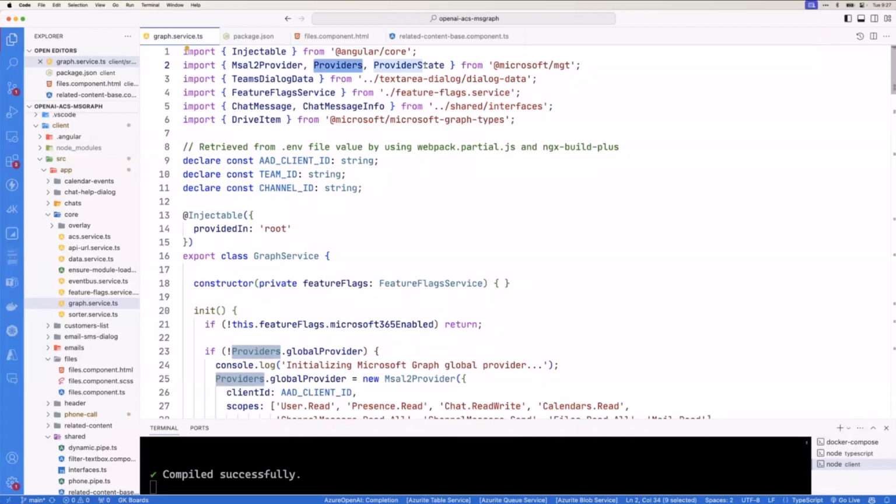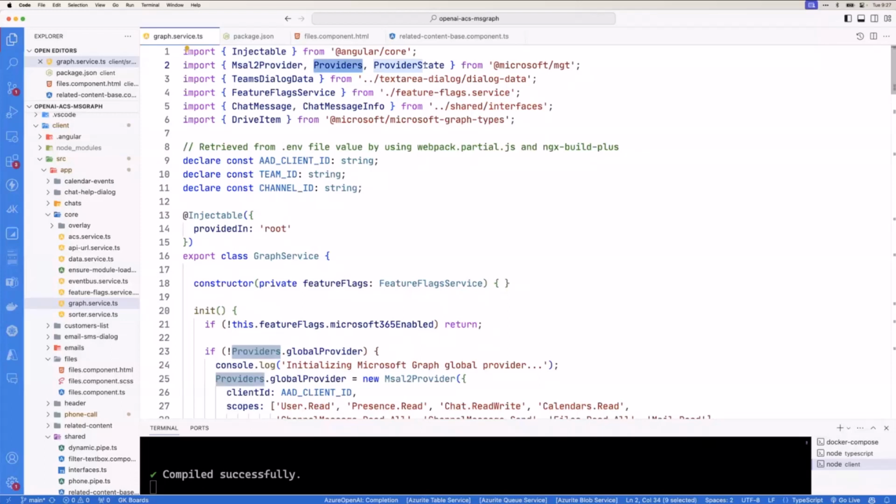And what we're going to do is feed into this Microsoft Authentication Library, MSAL, provider some data from that Azure portal. So we're going to feed the client ID and we're going to feed the scopes. Now, there will be some scopes that you'll have to go in and add as appropriate because they might need even more permissions. I'm not going to go into that right now, but notice we're going to get things like, yeah, I want to be able to read the user information. I want to get their presence.